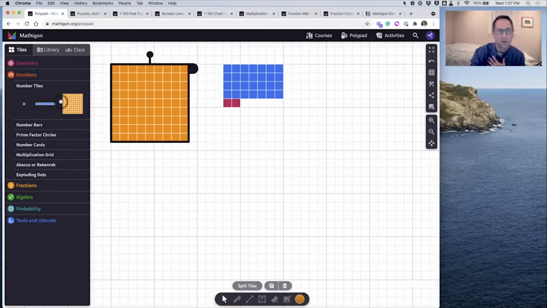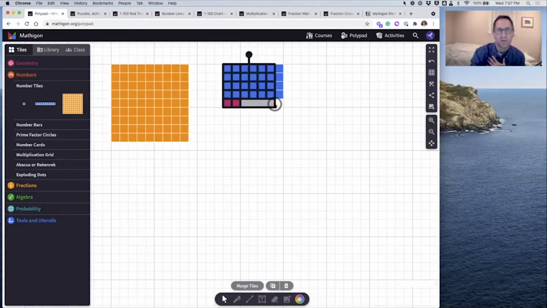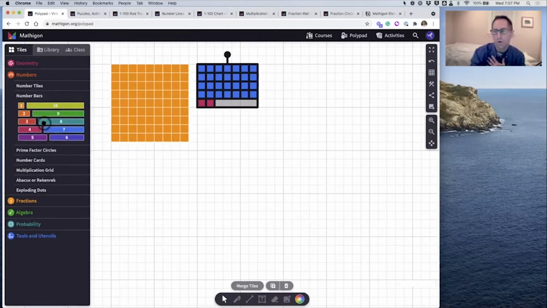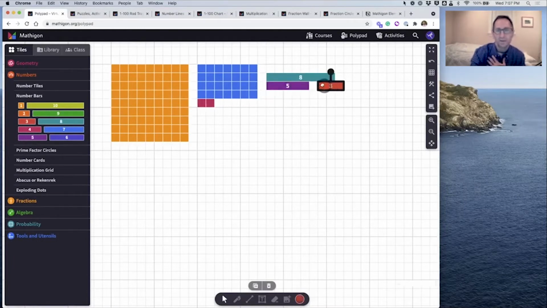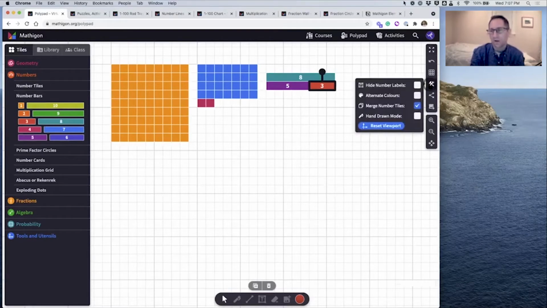But let me keep doing a quick tour of all the number types, all the number tools that we have. I'll move this over a little bit. The next one on the list is number bars or Cuisenaire rods that you might call them in school. So I can put 8 on the canvas and I can show that that's 5 and 3. You may notice these colors are not the same colors that you might be used to if you use the Cuisenaire rods in school. So on the toolbar on the right under settings, there's a few options I want to talk about here. One, I can choose